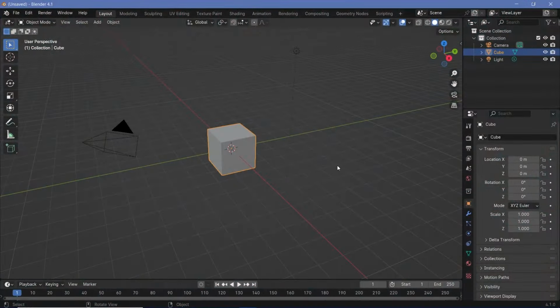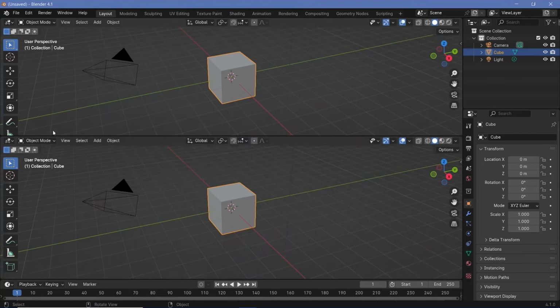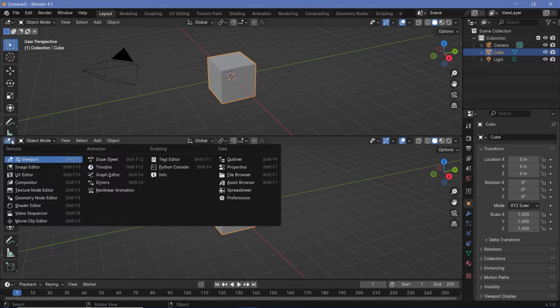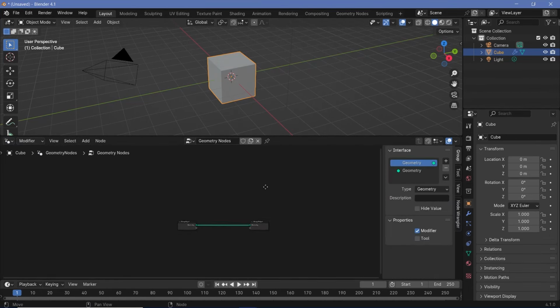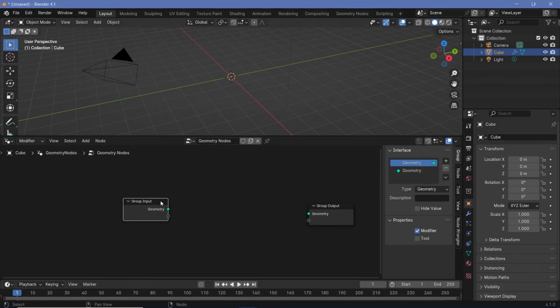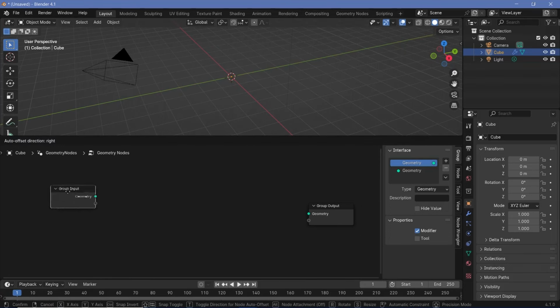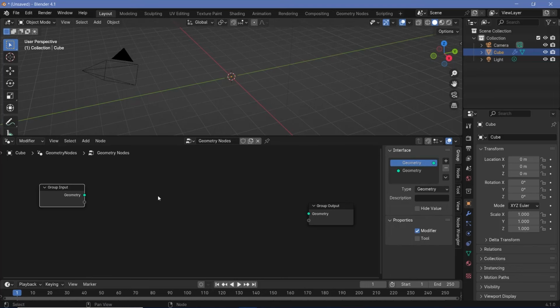In our default scene, we're going to bring our cursor to the junction of these two windows, click and drag to create a new window, and then switch this from the 3D viewport to the geometry node editor over here. Then we'll press this plus button to create a new geometry node tree, after which we can zoom in and remove the connection between the input and the output. That's because we don't actually want to use the input geometry because we'll be creating the entire geometry within this